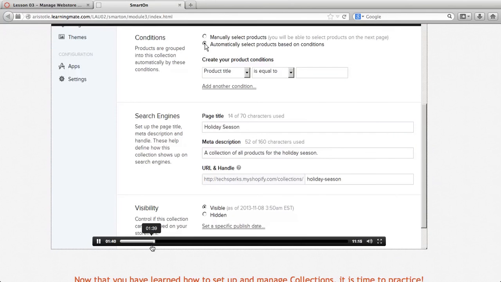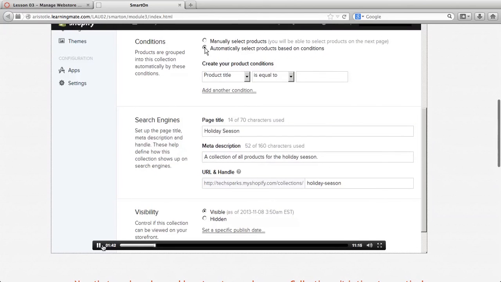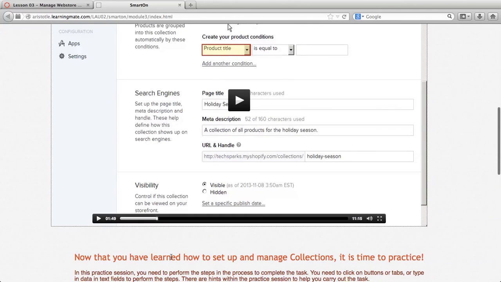Based on their name or title, the type, or their price. For this demonstration, let us select the Product Price option. What we just saw was a show me